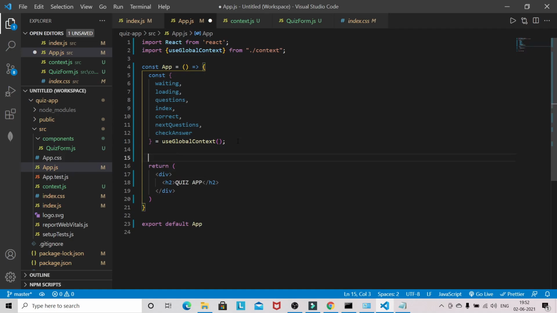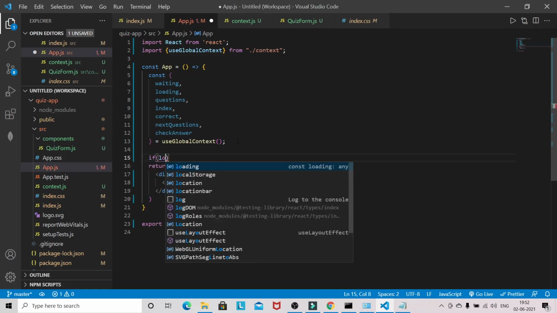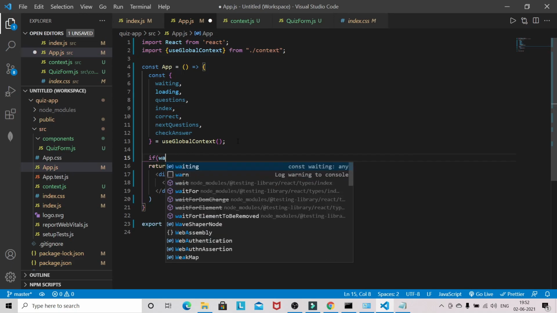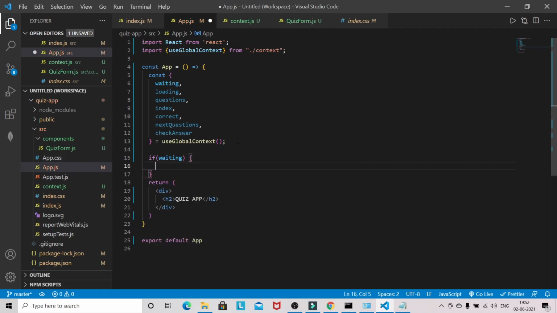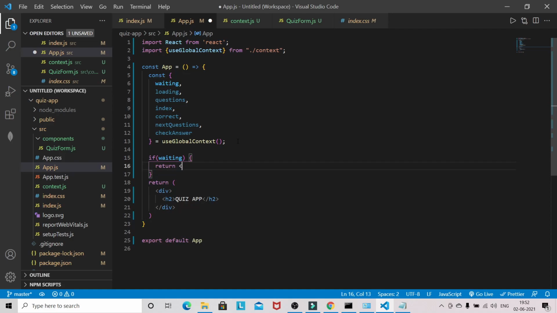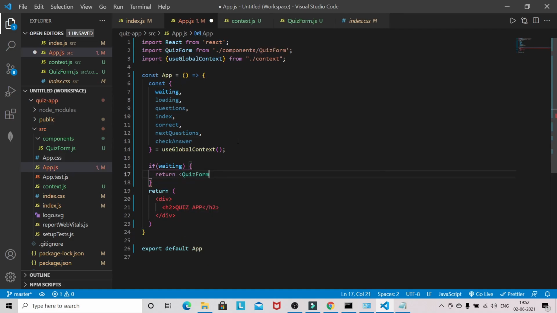So if loading form, if loading, sorry, if we have a waiting, then we will return the form. Okay, so that is the quiz form basically. And if loading, then we'll have to throw the loader. Okay, as of now loader component we haven't created yet, so we will create after that.